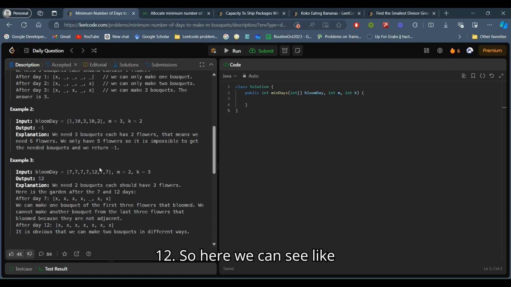So here we can see what is the maximum number of days it can have from the bloom days. Let's suppose there is a test case where all the values are the same, and let's suppose it is just 1. Then the number of days to make those bouquets will be 1, because all the flowers will bloom in just 1 day. And let's suppose all the values are very minimum, say 1, but out of these only one value is very maximum, let's suppose that is 12 here.